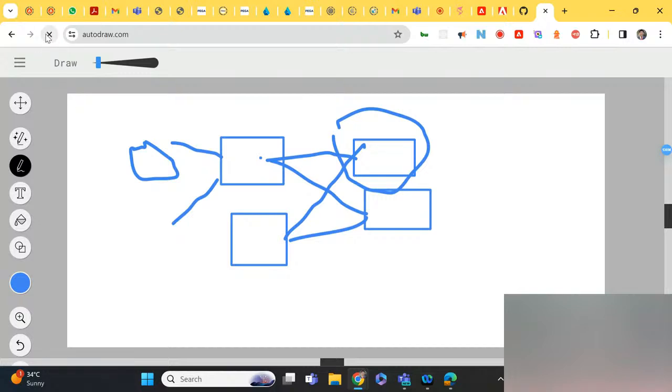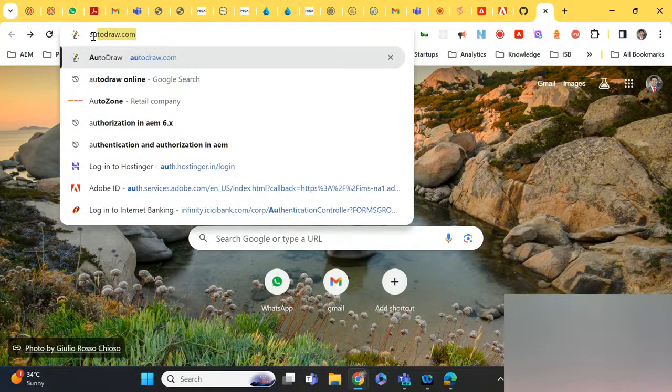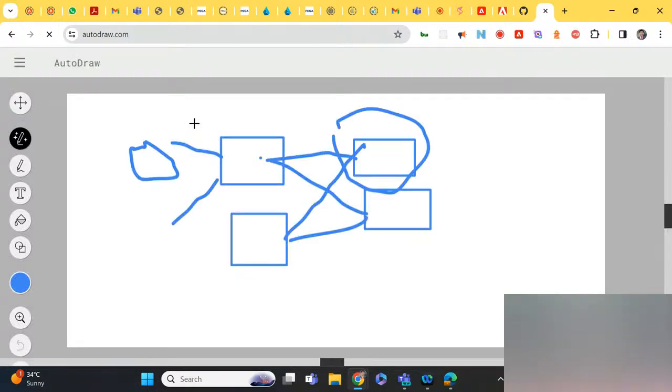But if we have one-to-one mapping, I'll show you.